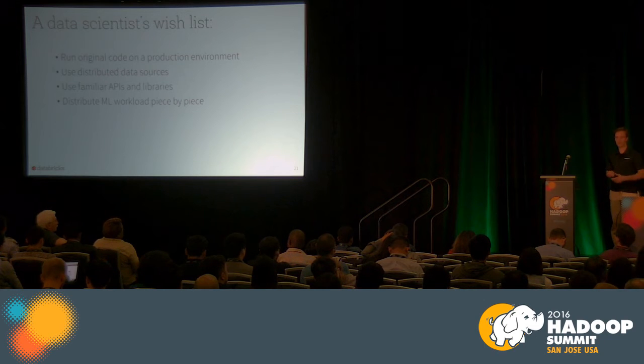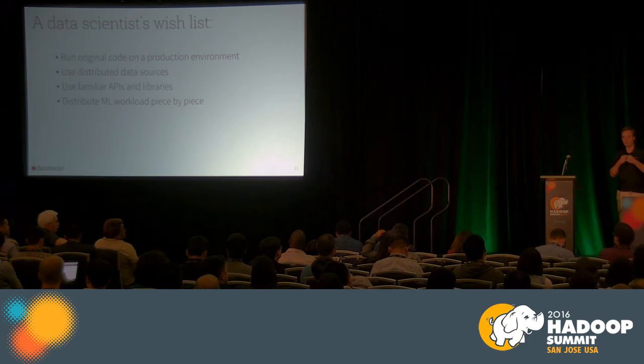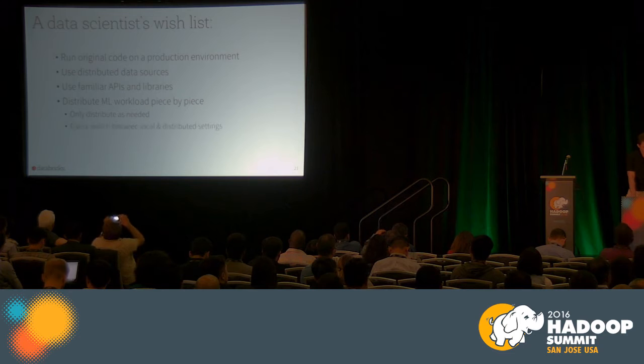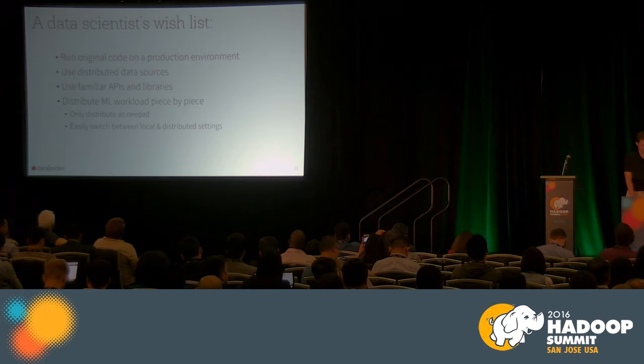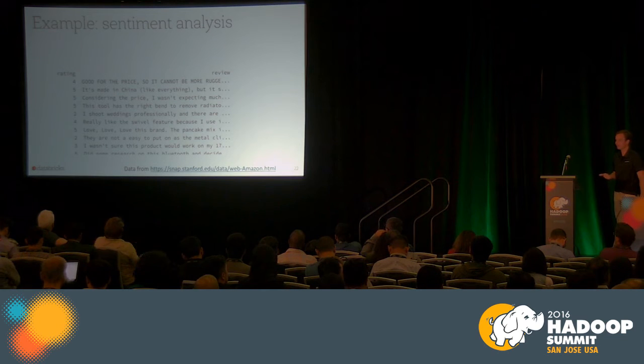For example, if you're familiar with IPython, you would like to be able to run things locally, and you would like to be able to distribute piece by piece all the pieces of your workflow that really need this distributed setting, and keep the rest locally and close, where you can do fast iterations. So only distribute as needed, and then hopefully be able to switch back and forth between a local and a distributed setting. So let's take a quick example here with Scikit-Learn and Python for doing a simple task,